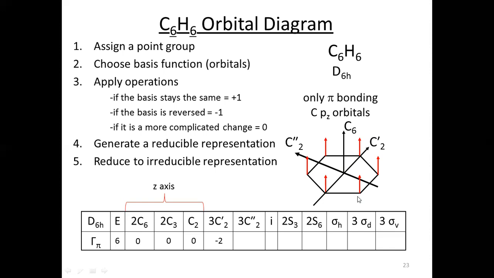So all are changing. So that's why I will put it as 0. Next symmetry operation is your center of symmetry, which is denoted by i. We note that the center of symmetry is existing at the center of the benzene ring. So this orbital will be here, this will be here, this will be here. All the orbitals are changing their position. That's why this center of inversion will be 0.